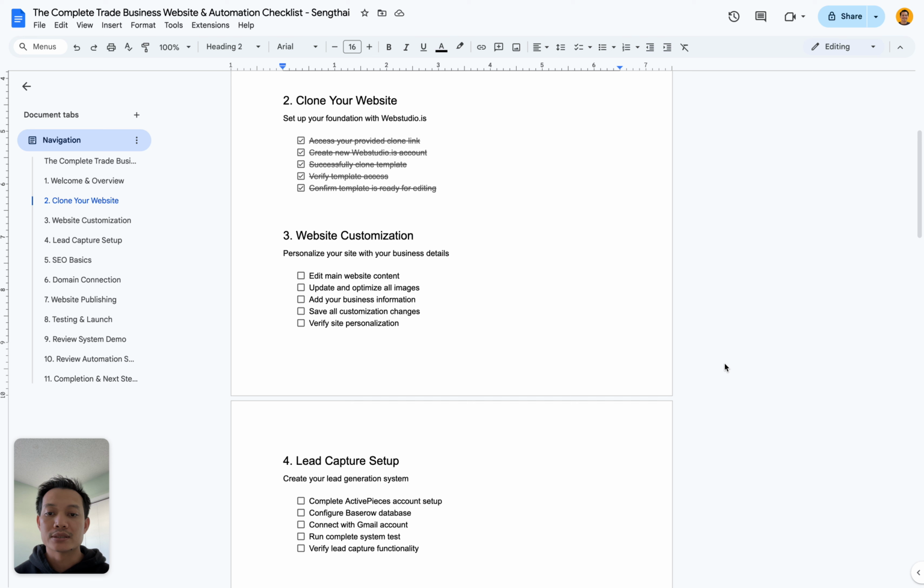And so in this section, there are going to be 5 steps that we need to complete in order to move on to section number 4. The first step would be to edit your main content on your website. Step number 2, update and optimize all the images. I'm going to show you one of my recommended free tools that you can use to